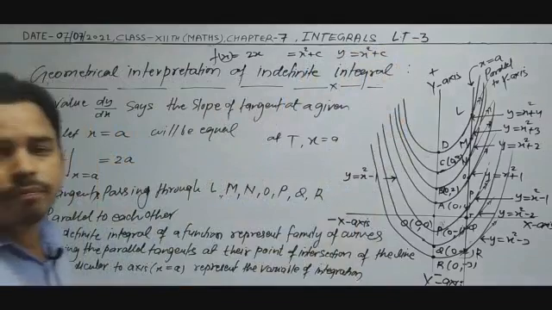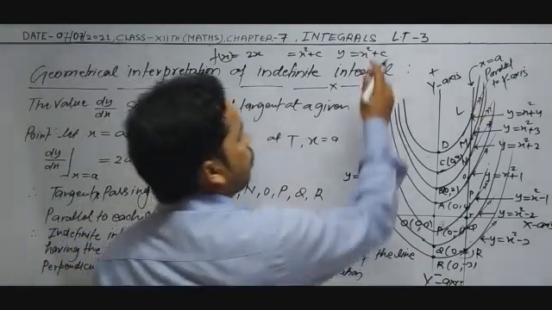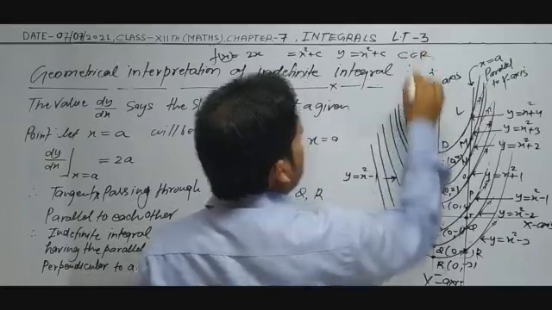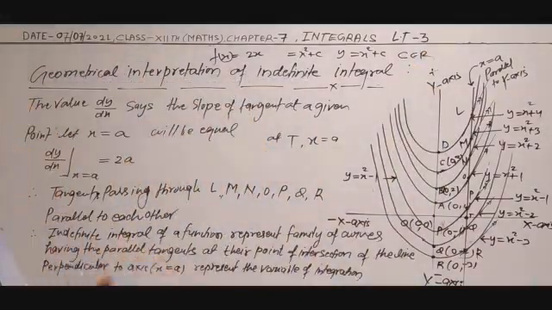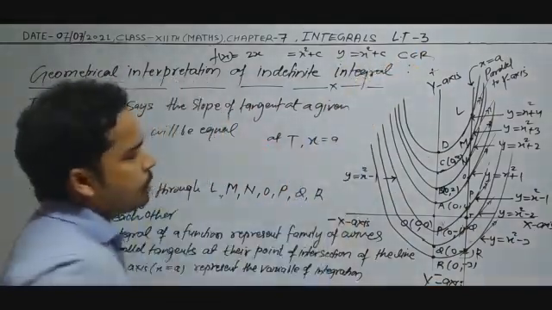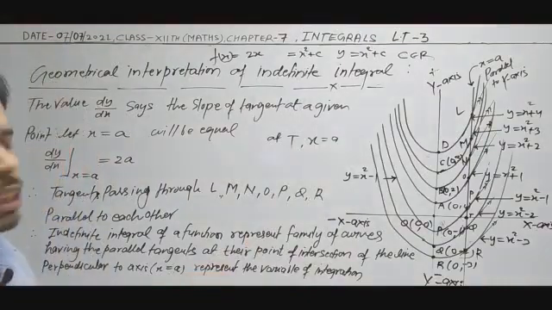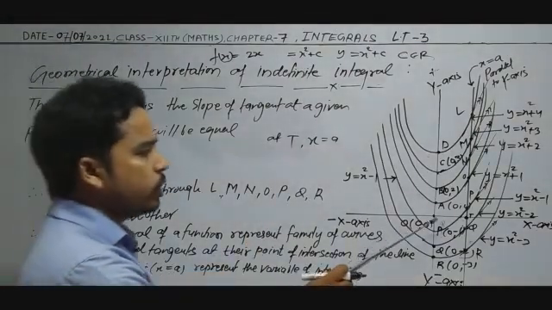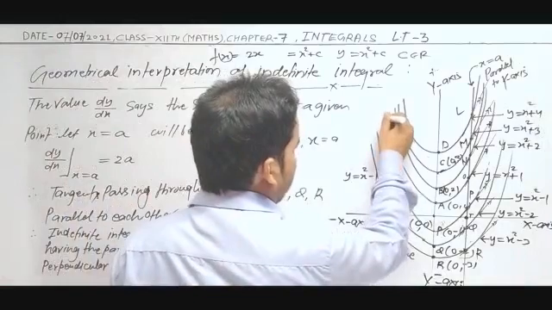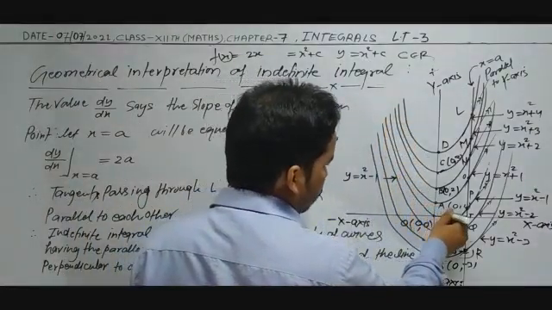What is this? This is the family of upward parabolas open in the positive direction of the y axis. Now when you consider c, you know c belongs to real, and real means greater than 0, less than 0, or equal to 0. When it is equal to 0, y is equal to x square. This will be the standard equation of an upward parabola open in the positive direction of the y axis and passing through the origin. We have now drawn the parabola y is equal to x square, so this parabola passes through the origin.